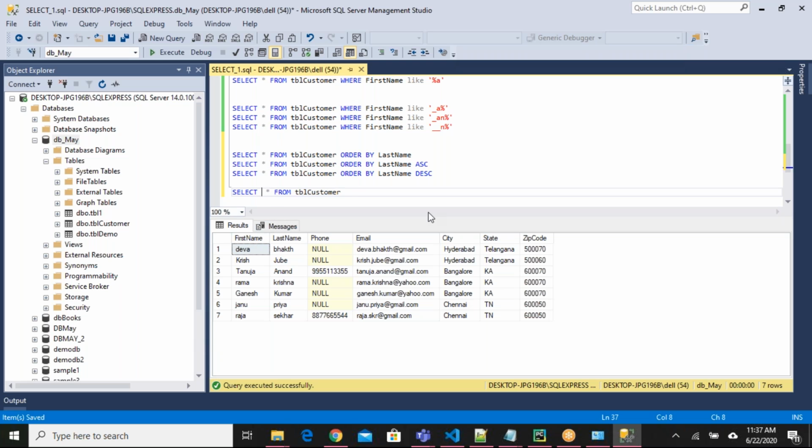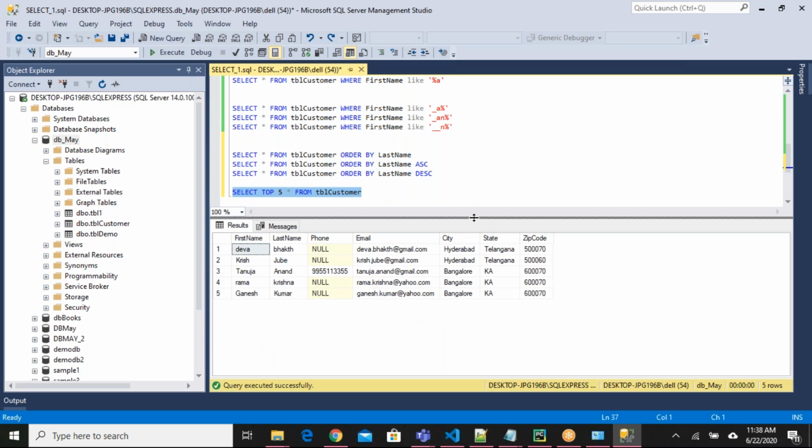What you can do is you can say top and provide some number. After select, you can say top 5, top 10, top 100, like that. So it will give you only the top 5 records based on the conditions you are providing. If you provide any where conditions or anything, a simple way to remember is whatever query you have, it considers all the data, and based on the top value you provide here, the first top rows will be considered. In our example, these top 5 records will be considered when you say top 5. Okay, run. I got the top 5 records.